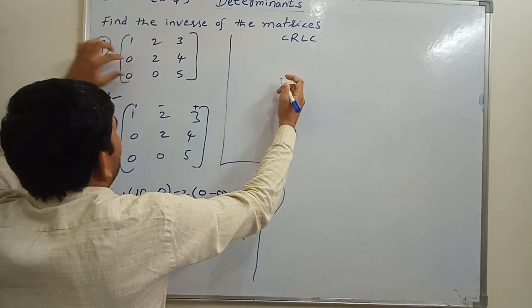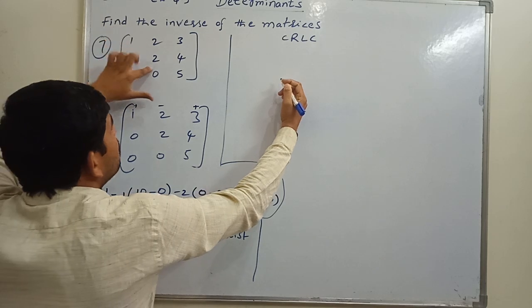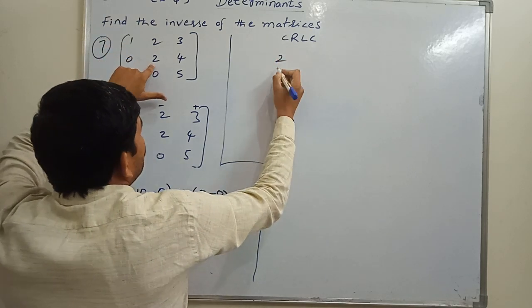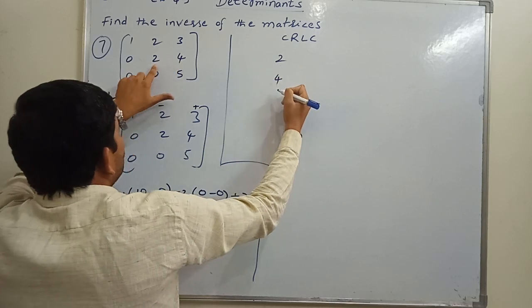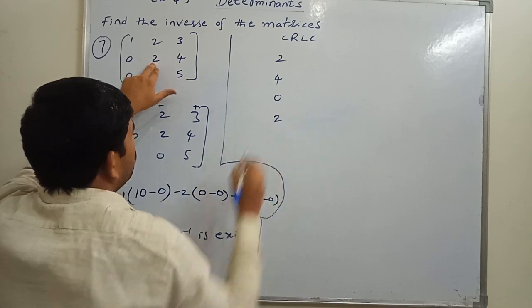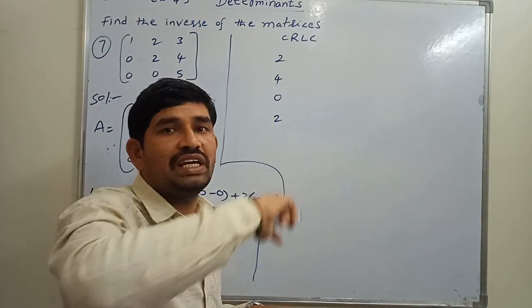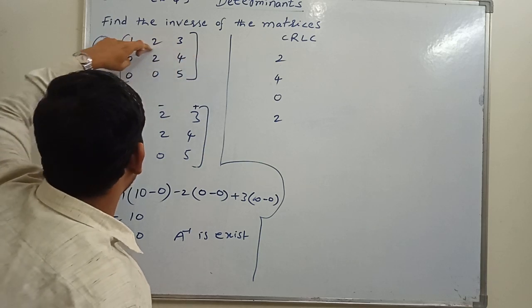Okay, so now we have to start from the second row, not the third row. Second row, middle: the center one is 2, the next one is 4 on the right. Again, you have to see the center to the left is 0, and again the center one is 2. That's all. It means we are going to complete one of the circles like that. Okay, so 2, now we are going to complete like this. This is one of the circles.